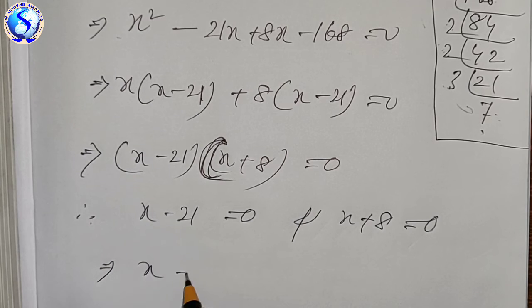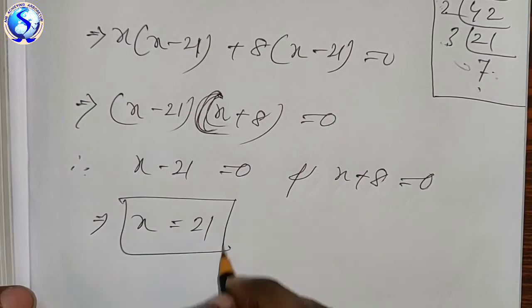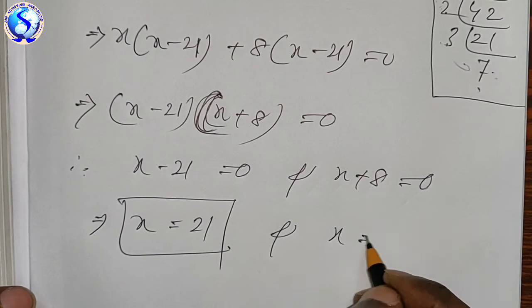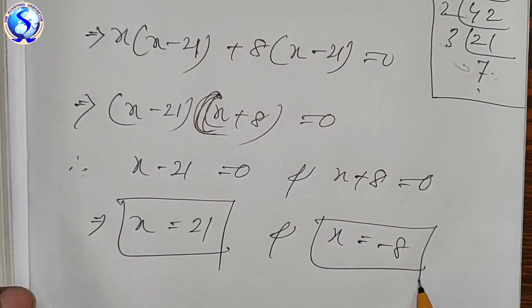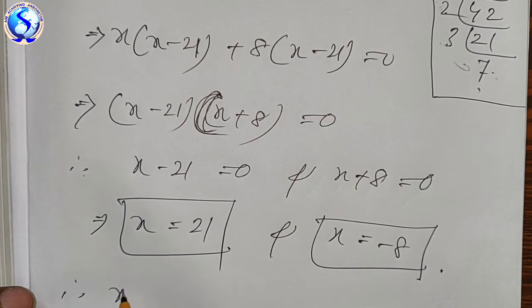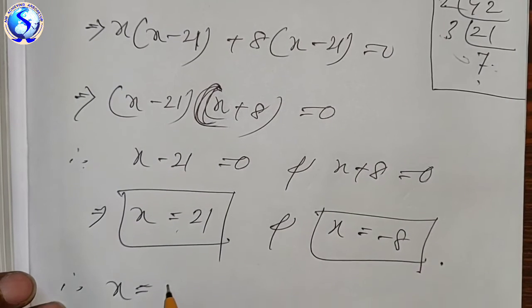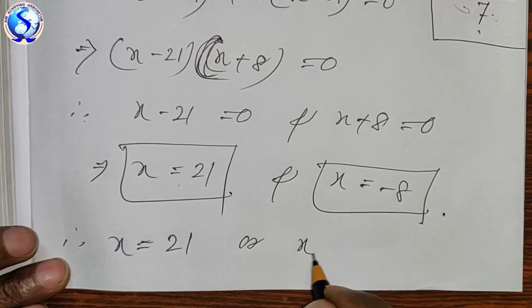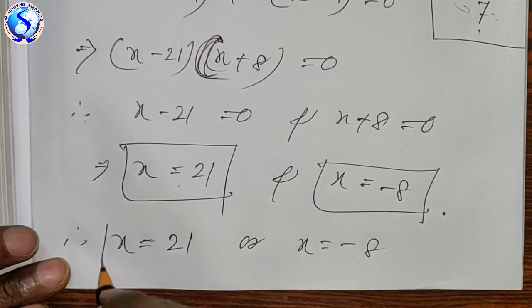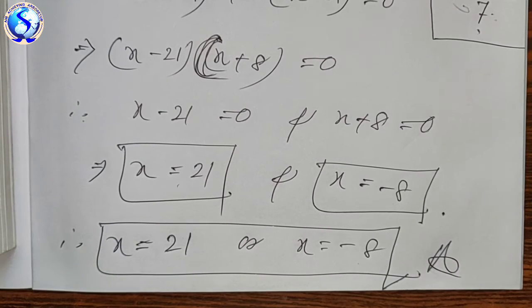Here what will you get? x equal to minus 21, if you take that side it should be plus 21, x equal to 21. And here what will you get? x is equal to plus 8, if you take that side it will be minus 8, x is equal to minus 8. How many results are you getting? x is equal to 21 or x is equal to minus 8. There are two answers. In the case of a quadratic equation, you will get two values of x. Okay, next sum we will go.